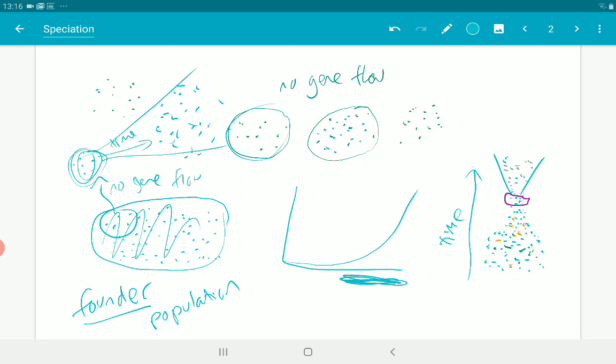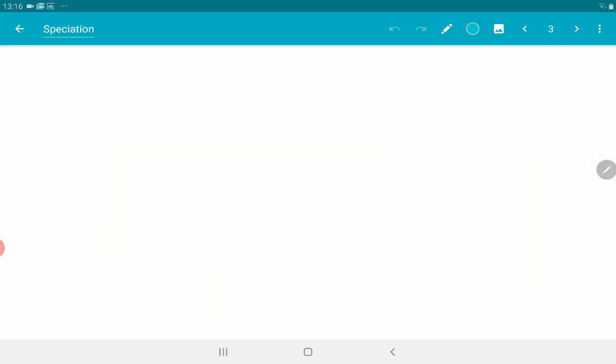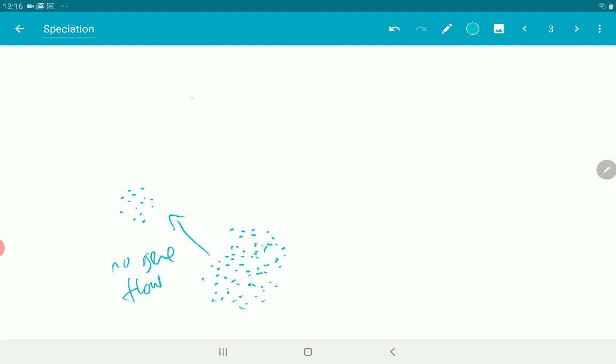Now, what I want to talk about is something else that can happen when you separate a population. If you've got an initial population, these dots are organisms, if you hadn't figured that out, then for whatever reason, some of them get separated from the rest. So these guys here get separated from these guys here. Then, as long as there's no gene flow between them, we describe them as being reproductively isolated. Now, this happens